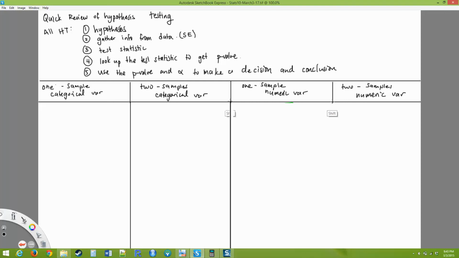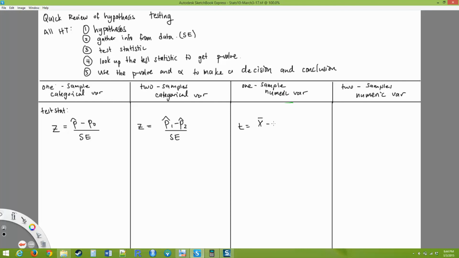Okay, so once you have your standard errors, then you calculate your test statistic. So here your test statistic is z equals p hat minus the p that shows up in your null hypothesis, divided by the standard error. Here your z is p hat 1 minus p hat 2 over your standard error. Here your test statistic is t is x bar minus